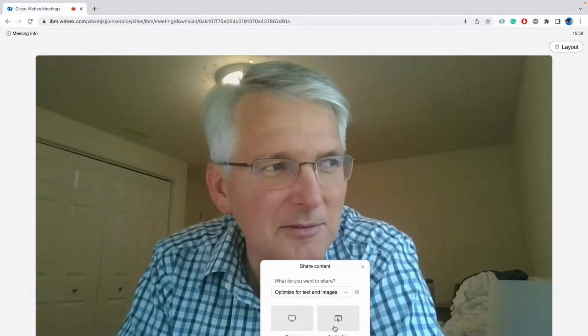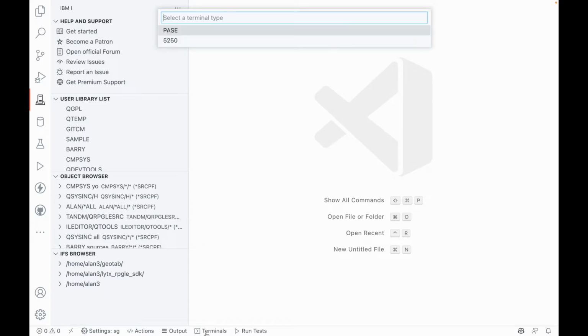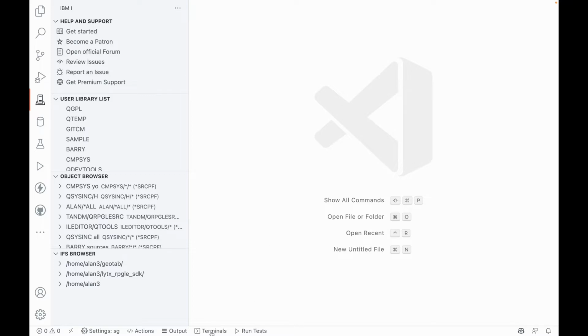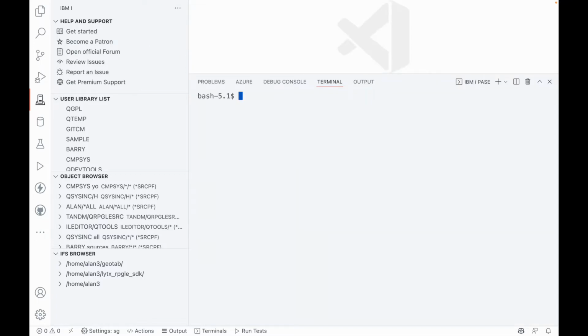That usually helps. Nonetheless, I have VS Code open and I'm going to launch a PASE terminal. There's a button at the bottom of the editor that says terminals, and I can click it and choose 5250 or PASE. And all we want is PASE right now because the very first thing that we're going to do together